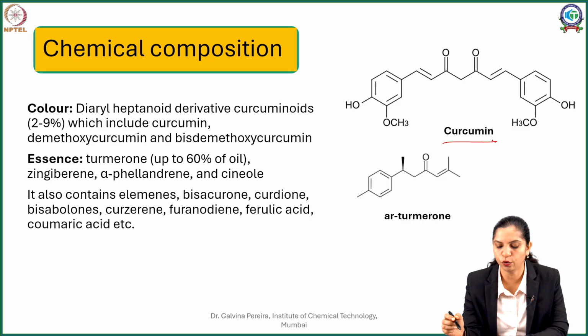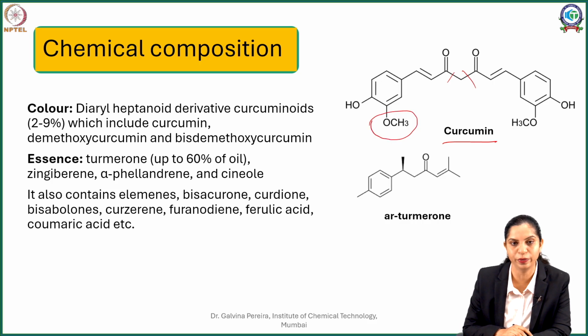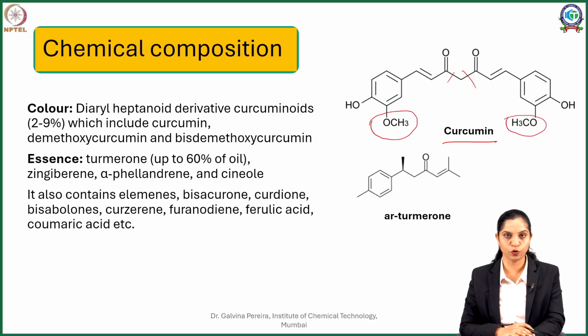The principal one, the main one, which makes about 80% of this resin, is what is referred to as your curcumin. Now this curcumin is again a very symmetric dimer if you observe carefully, and when you remove one methoxy out of it, you call it your demethoxycurcumin. Remove another methoxy out of it, you get what is called bisdemethoxycurcumin. So out of the curcuminoids, your curcumin is the major one, consisting of almost 80 to 85% in some cases. Then you have your demethoxy, which is a little minor one, about 7 to 9%. Then you have your bisdemethoxy, which is present in the least amount.